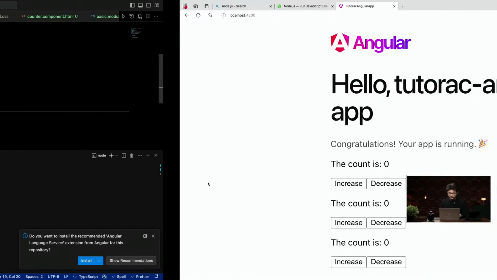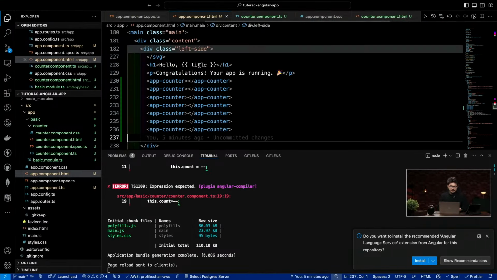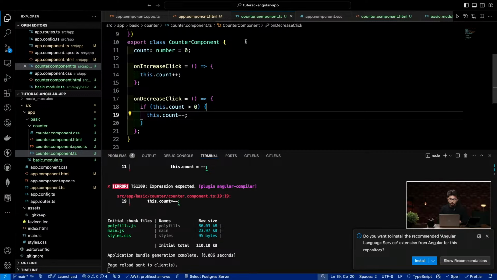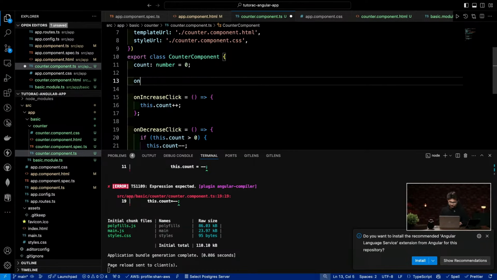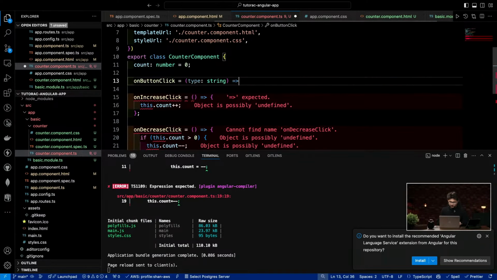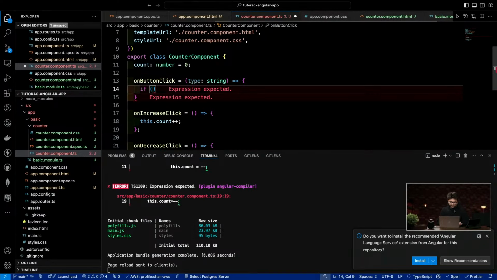Okay, wonderful. Now I want to optimize it slightly more. What I want to do is actually make just one function, let's say something called on button click, and then control whether it was the increase button or the decrease button. So let me just try to do that. I'll write on button click. Let's say it takes an argument, type, which is going to be a string. Okay, and if the type is, let's say, increase,